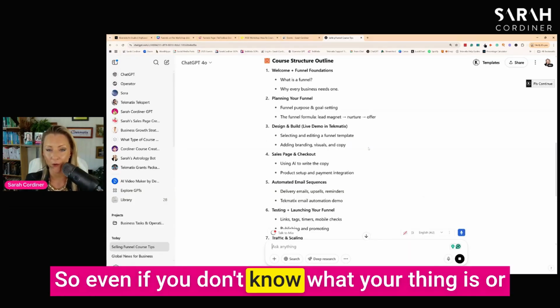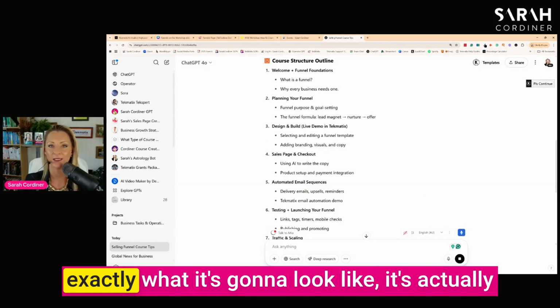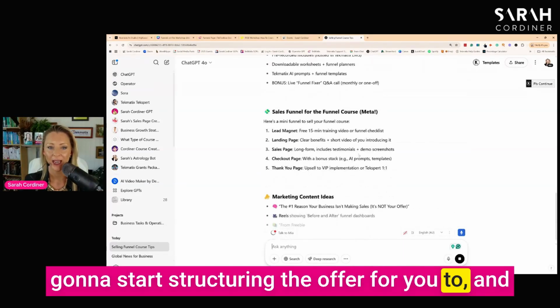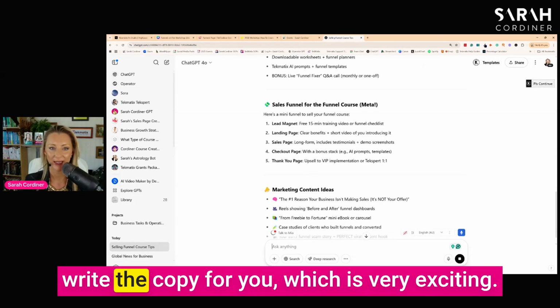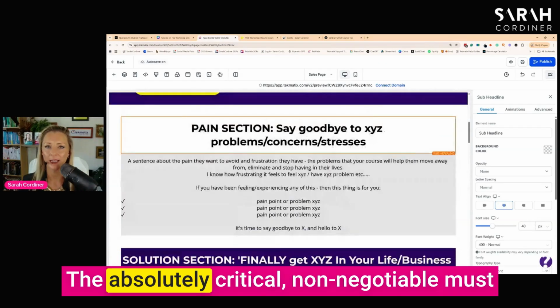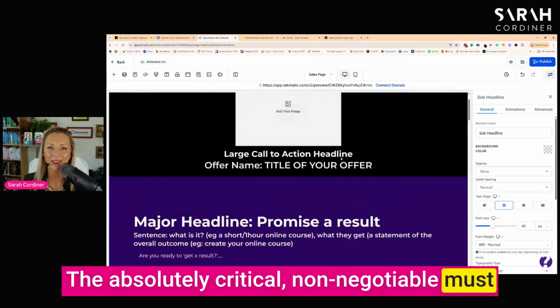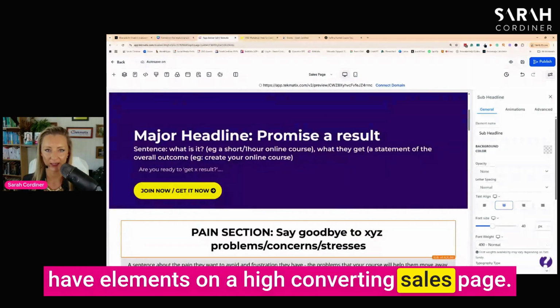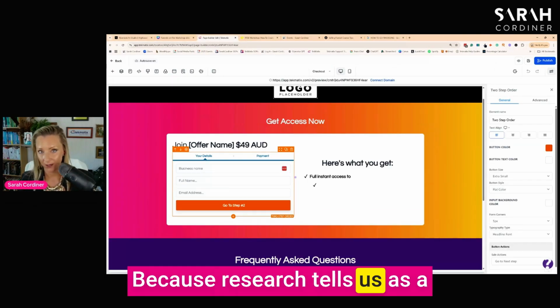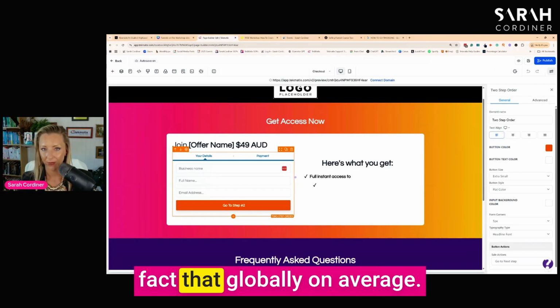So even if you don't know what your thing is or exactly what it's going to look like, it's actually going to start structuring the offer for you too. And then you can keep chatting with it and it's going to write the copy for you, which is very exciting. The absolutely critical, non-negotiable must-have elements on a high-converting sales page, because research tells us as a fact that